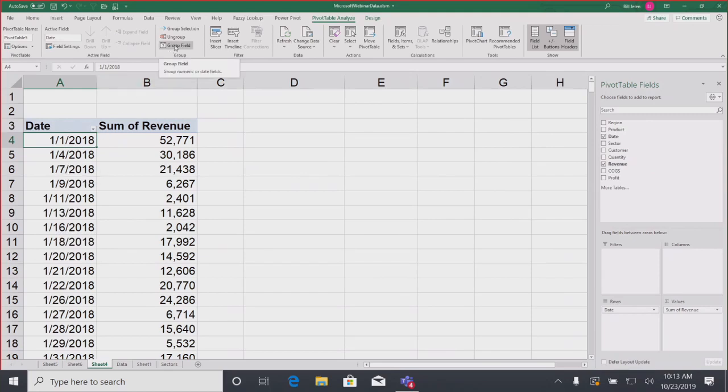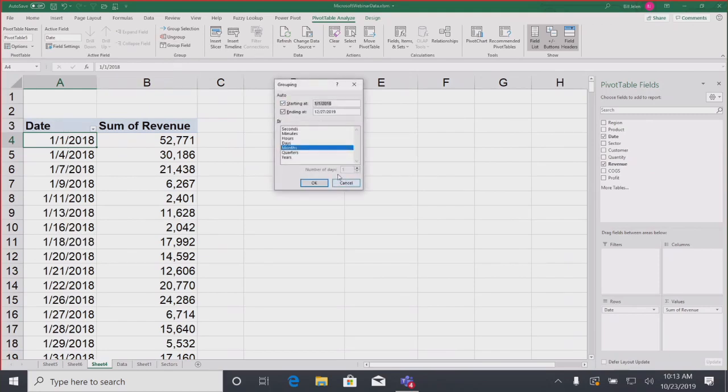I go to Group Field right here on the pivot table Analyze, and you have to be on either the date heading or the first date field. Choose Group Field and check this out: seconds, minutes, hours, days, months, quarters, or years. This always cracks me up. I always worked for a manufacturer where we're billing daily and shipping daily, and I can't imagine anyone who has data where they're rolling it up to minutes or rolling it up to hours. But I suppose if you're a cell phone company, you might be doing that.